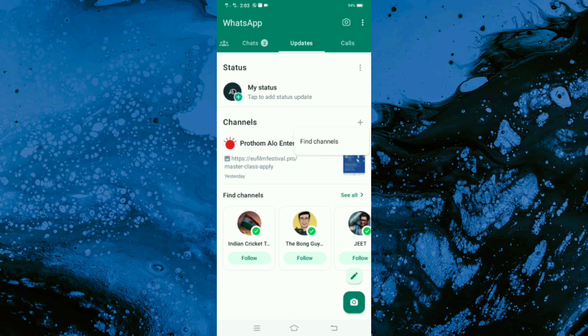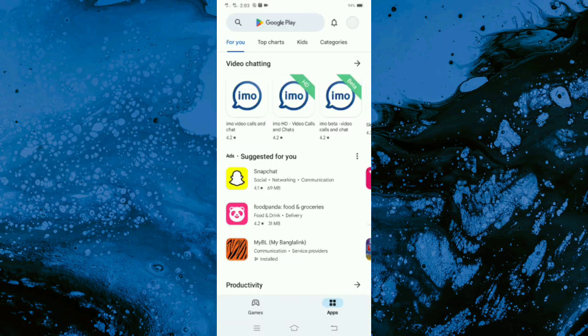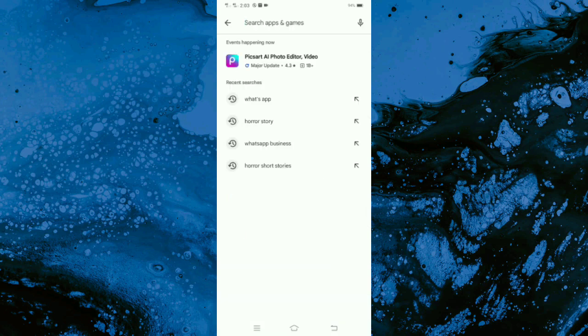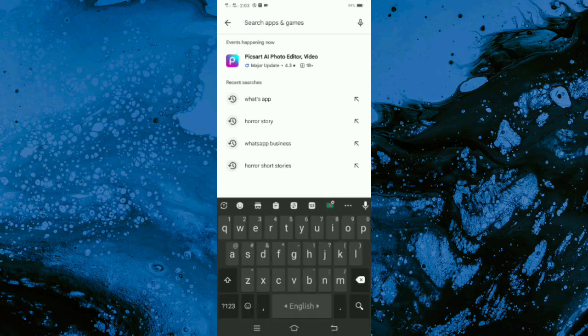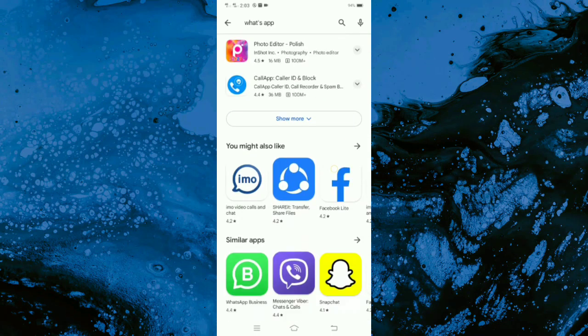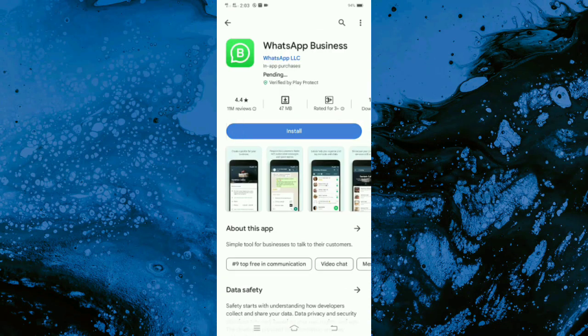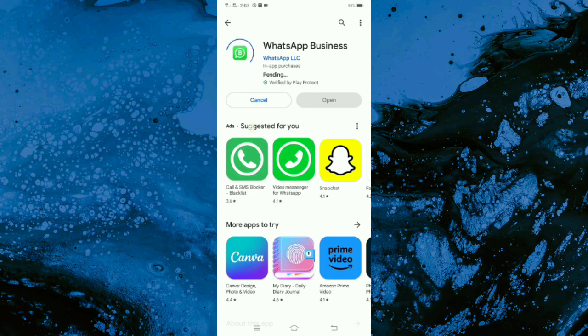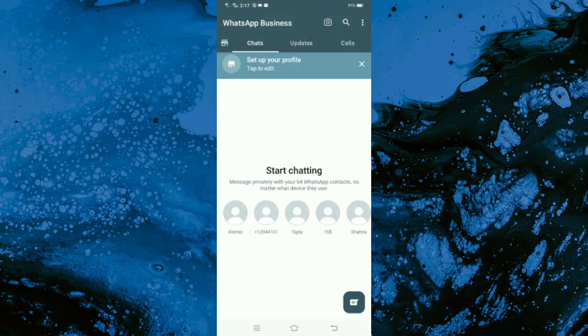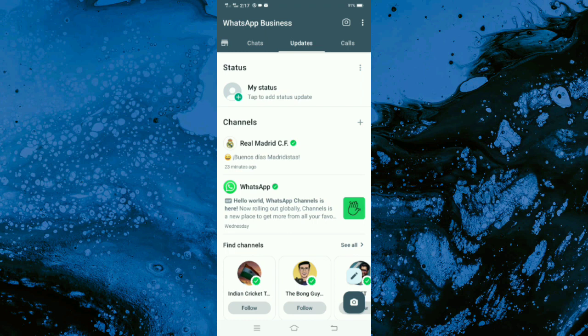And this is a very important thing, you have to download WhatsApp business app to create a WhatsApp channel. So at first go to Play Store or App Store and download WhatsApp business app and then log into your WhatsApp business. After logging in to your WhatsApp business, simply click on updates option. After that simply click on plus icon,